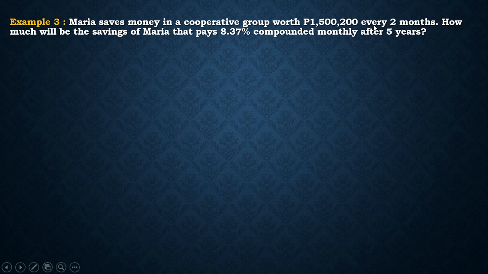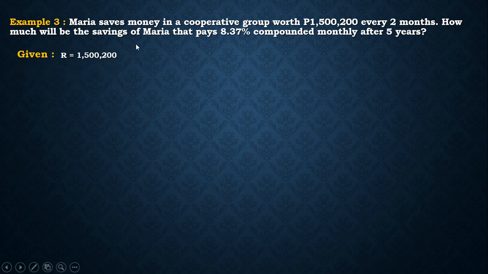So nag-iipon siya, naghulog siya sa bangko, nagde-deposit siya ng halagang iyan every 2 months, at ang interest compounding period ay monthly. So 2 months, monthly, so that is different. So that's why that is general annuity. Given,